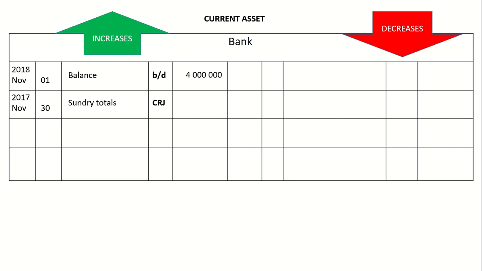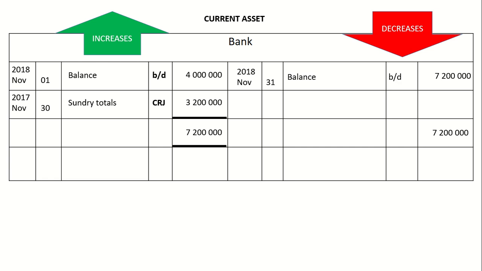1st of November. However, on the 30th, we actually had more money and we issued more shares, and that is from the issue of more shares, which is 3,200,000 added with 4 million. So in our bank account now we have 7,200,000. So we're gonna bring it forward to the following month, which is December. We will have 7,200,000. I've explained that.